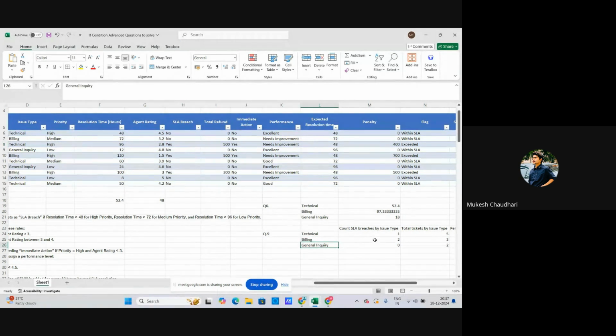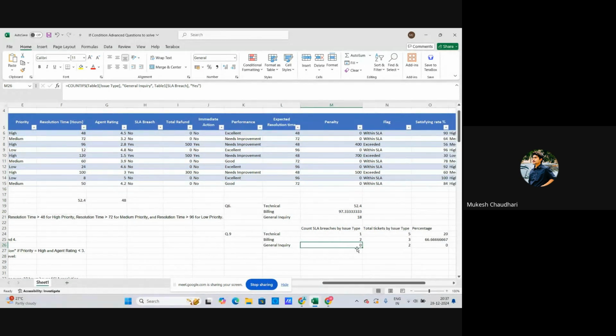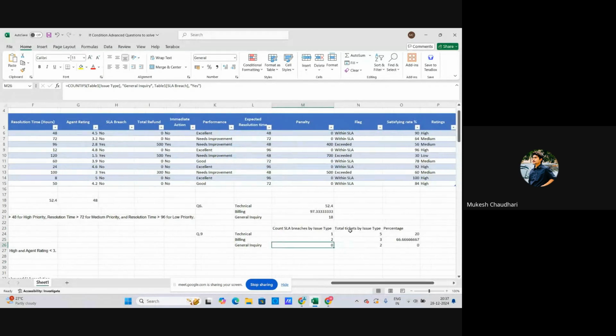And general inquiry also. In billing, I got two SLA breaches here. If you see, I have billing here, which is yes, and the next is also billing. In general inquiry, I don't have any SLA breaches, so I don't need to do the percentage for it. If you see the total tickets by issue type,